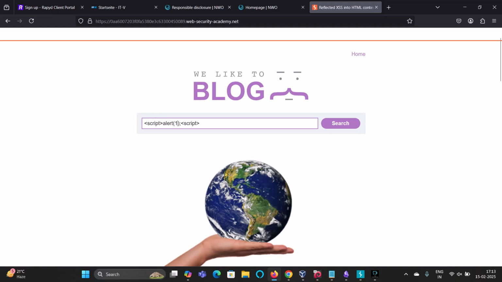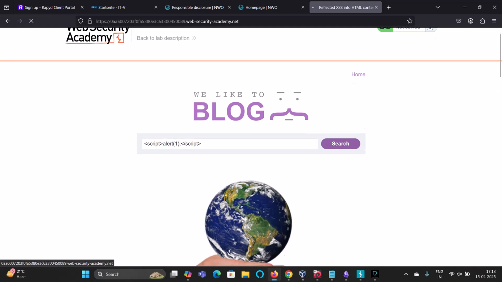Okay, Control Z. Where I want the one to pop up as an alert, and after that you can see that this is script. I have opened the script to create a function, but now I also need to close it. And how will I close it? By using a backslash. Now you can just click on search and you'll be able to see,